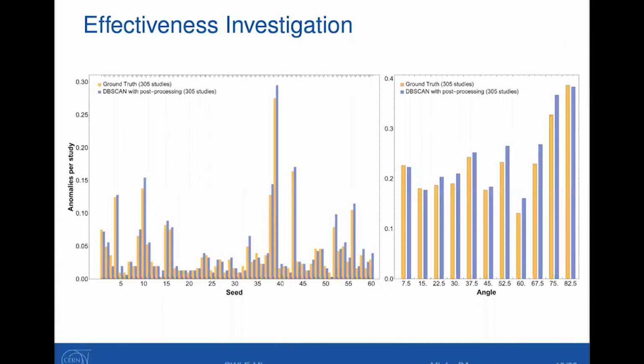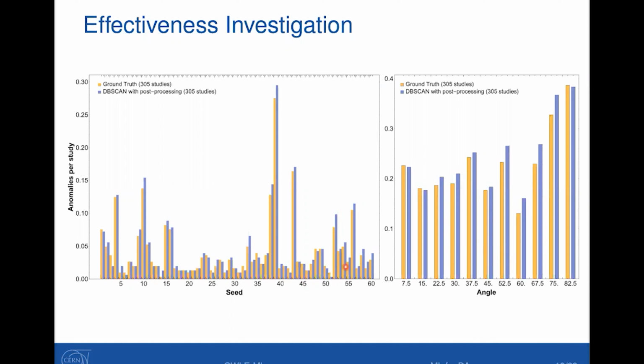And then an important check here as well is to see, okay, it catches almost all the outliers, but is it missing more or less in certain configurations? For example, would there be certain seeds where it misses more, or certain angles where it misses more? That is important, because then the algorithm is not really reliable, right? If it misses a certain amount, we want this to be homogeneous, that there are no spurious correlations